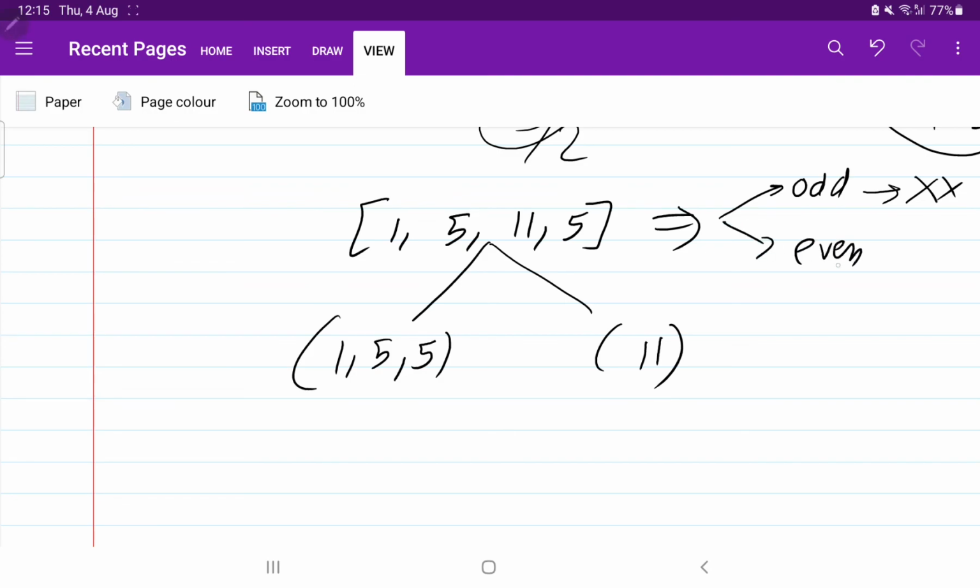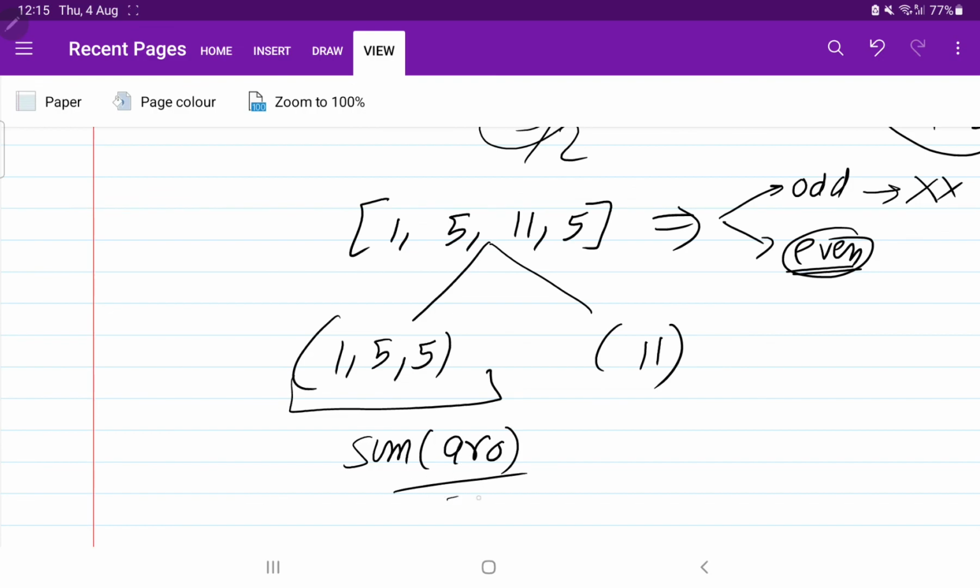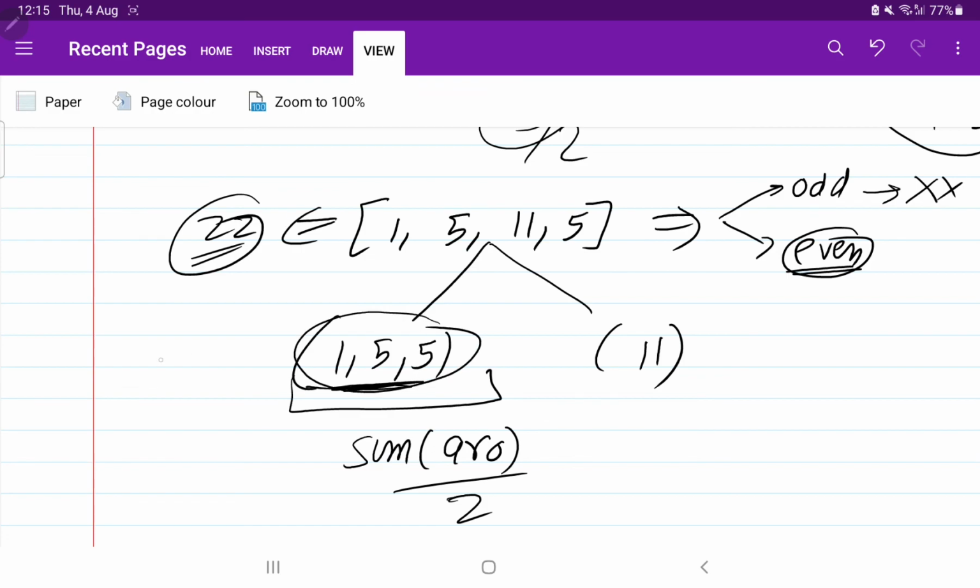If sum is even, then we have to check, can we get a subset whose sum is sum of array by 2, because here the sum of array was 22. So we check, can we get a subset whose sum is 11. If we get a single subset, then we are sure that we are going to get one more. So you don't have to check for both. You just have to check whether you are getting at least one subset, and that will give the solution.